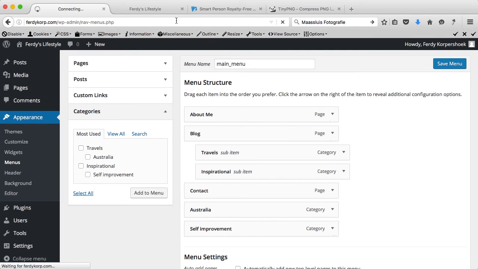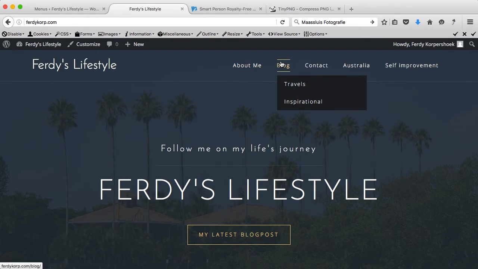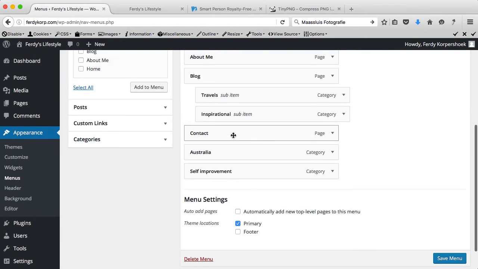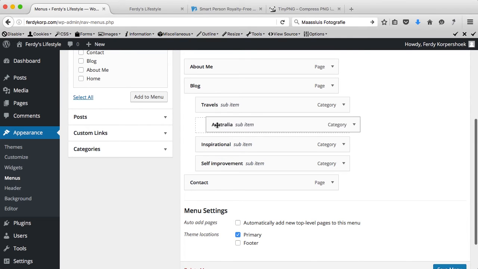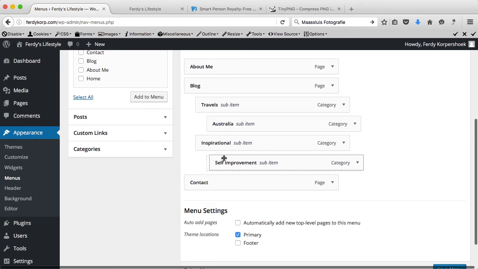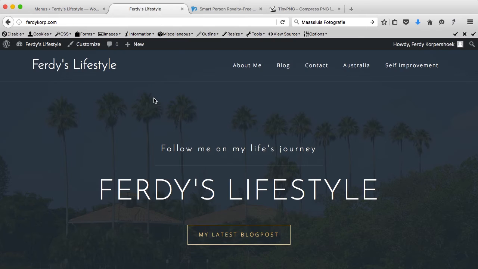And if I save this menu and refresh the page, you see About Me, Blog, Travels, Inspirational, Contact, Australia, Self-Improvement. So you see here is a sub menu. And if I hover over it, you see a nice animation. What I can do, I can drag Australia beneath travels like this and self-improvement over here. But what I can do, if I drag it to the right, you will see a tab like this. I release it, same goes for this, and I save the menu. I refresh the page,